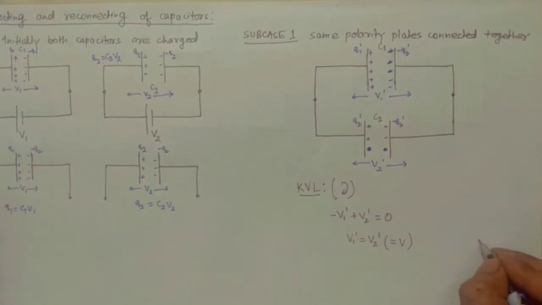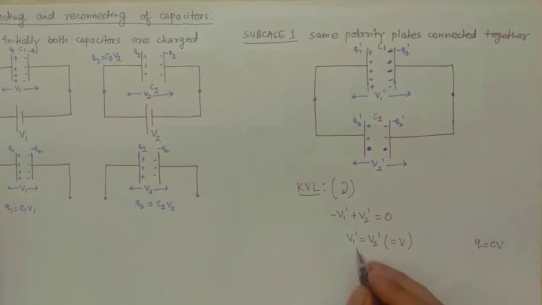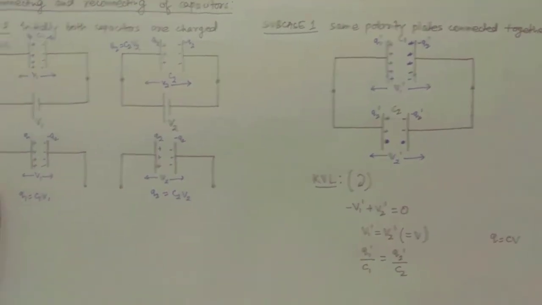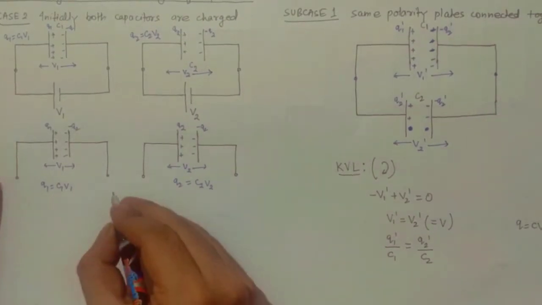So by applying the formula Q = CV, as we know, V1' will be equal to Q1'/C1, and similarly V2' will be equal to Q2'/C2. Now from charge conservation we can write that